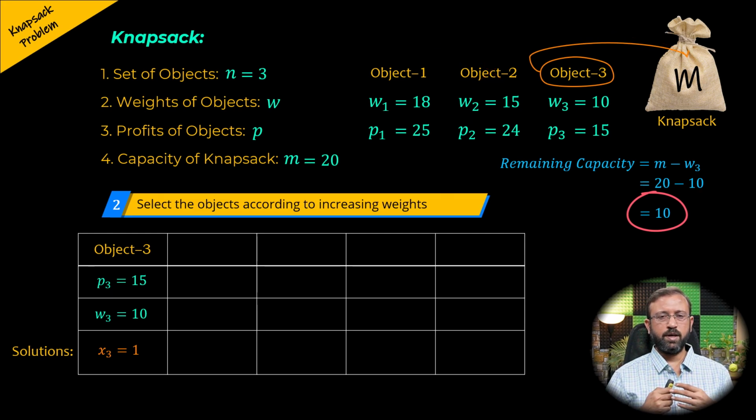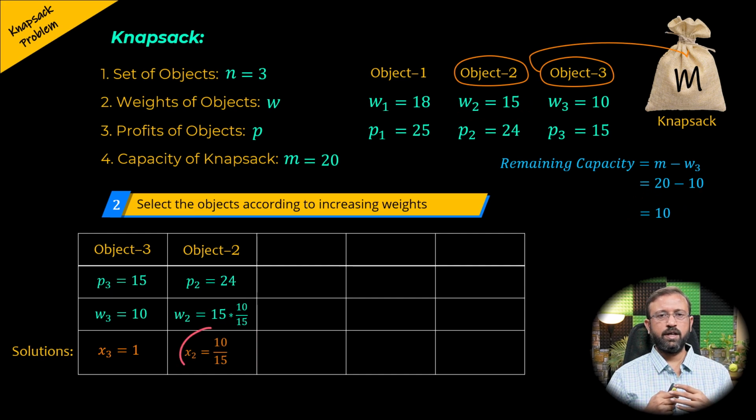But since there is some capacity left in the knapsack, the knapsack can be filled with some part or portion or fraction of object 2. So, if we consider object 2, the weight of object 2 is 15 and the remaining capacity of the knapsack is 10. Therefore, the knapsack can be filled with 10 by 15th fraction of weight W2 of object 2. So, the solution x2 will be 10 by 15, since 10 by 15th fraction is used to fill the knapsack